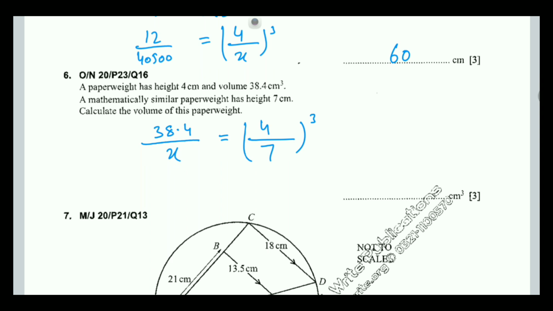Here x is without cube. So what you can do here, you can put it in calculator as it is, make x the subject. If you are going to make x the subject, it will be cross multiplied. So 38.4 divided by 4 by 7 cube, and x will go there. So this will be your next step. X and 4 by 7 whole cube will be cross multiplied. So they will be replaced. 4 by 7 whole cube will be in place of x, and x will be in place of 4 by 7 whole cube. Now you will put it at once in calculator, and you will get your answer.